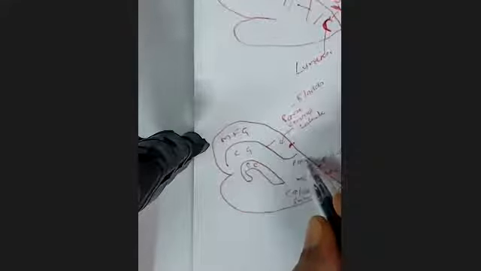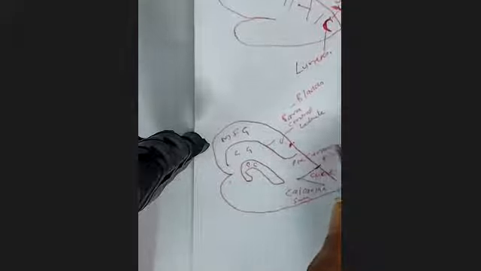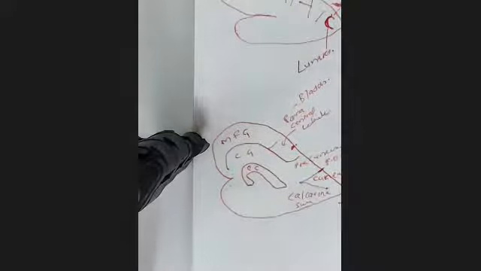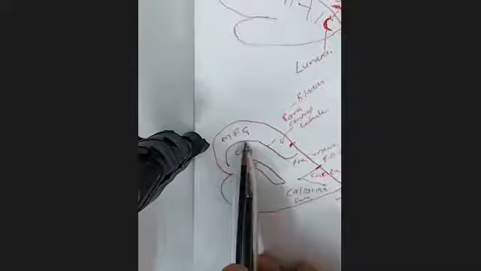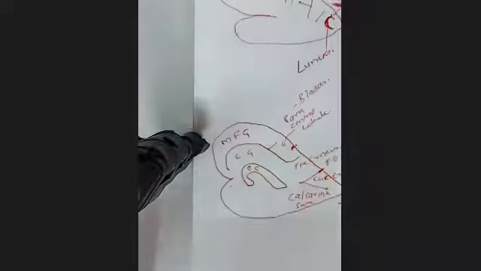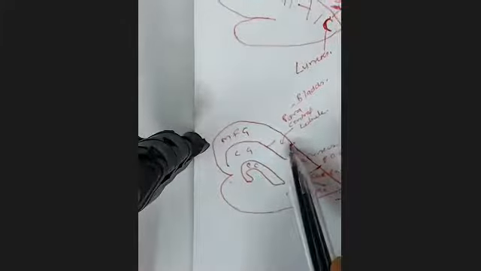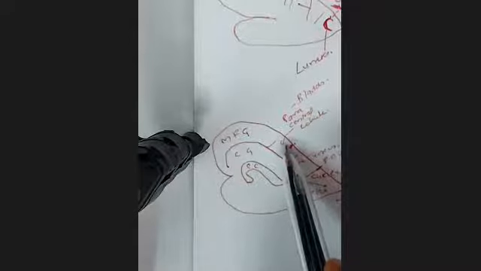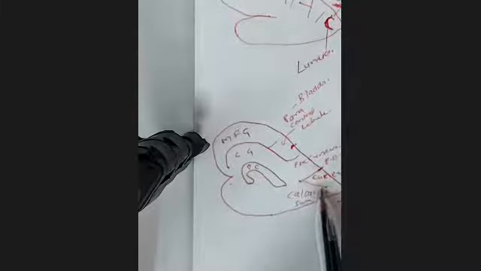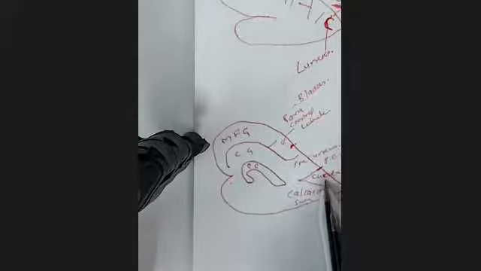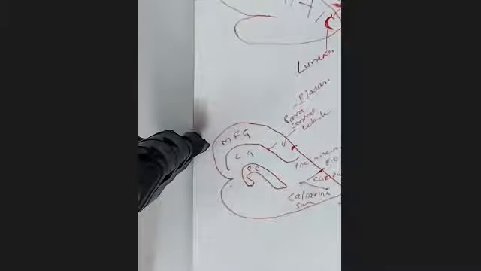And before that is a part called precuneus. So again, I will repeat the structures seen on the medial surface. Corpus callosum, above that cingulate sulcus, cingulate gyrus, medial frontal gyrus. Around the central sulcus, paracentral lobule, parieto-occipital sulcus, calcarine sulcus. Between them is cuneus, and before that is precuneus.